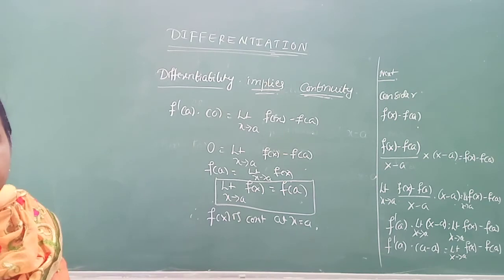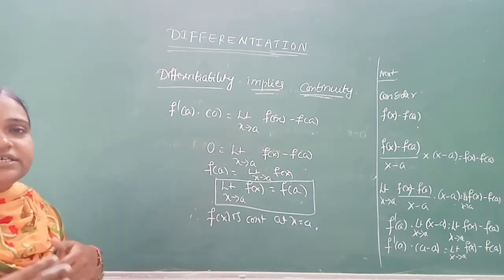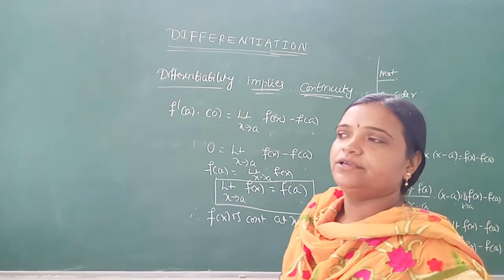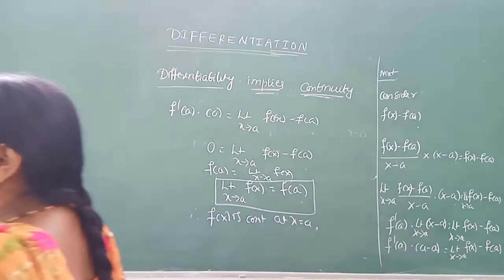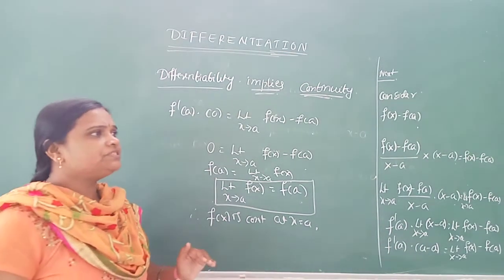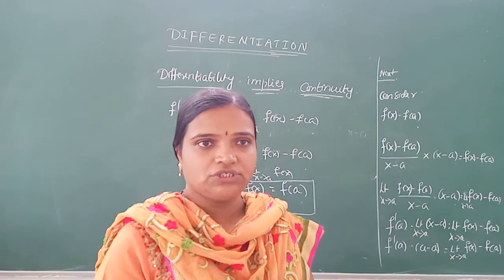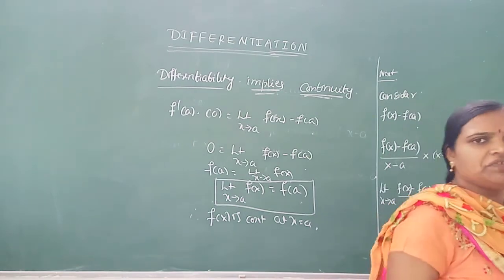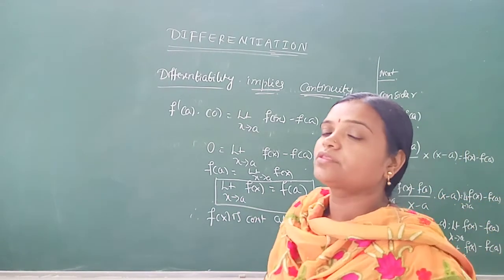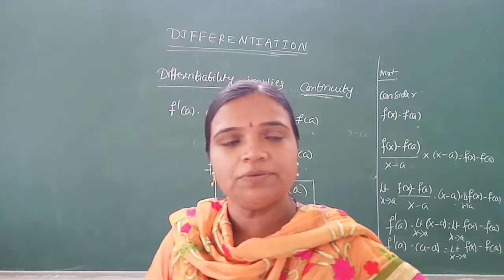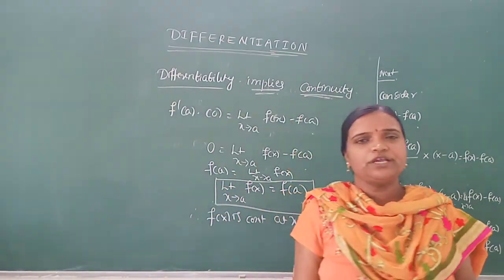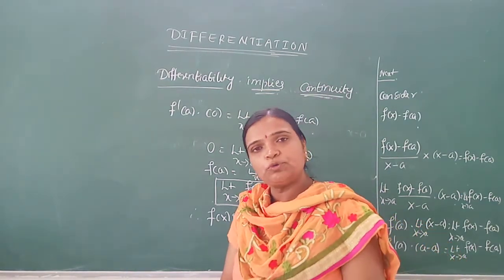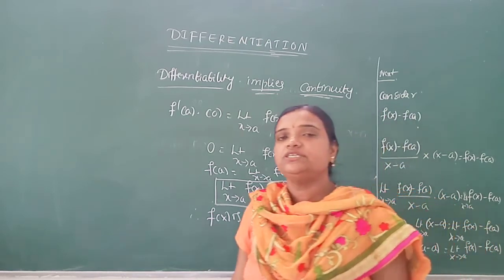In this way, we can do the given theorem. What is given? Differentiability implies continuity. Means every differentiable function is a continuous function. This is okay. See, the very first step is what? Given differentiable. Differentiable function means we know that limit x tends to a, f of x minus f of a divided by x minus a is f dash of a. This is given. But we want to prove what? We want to prove the given function is continuous.